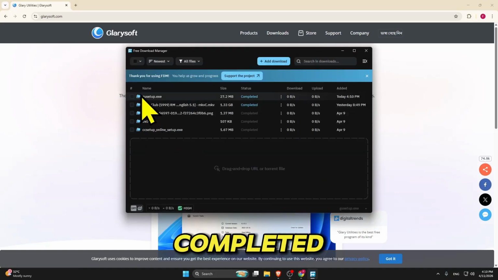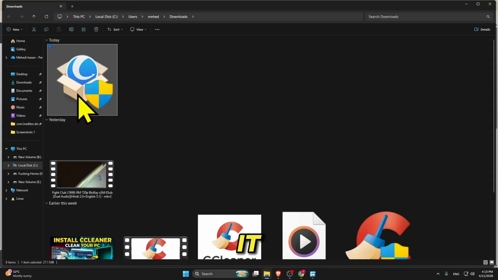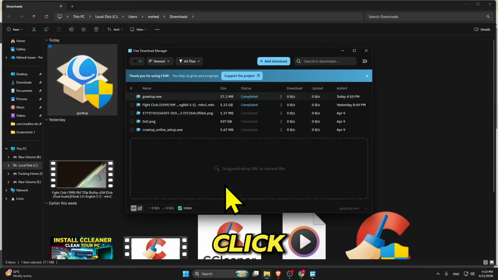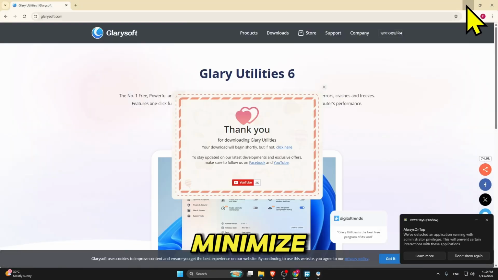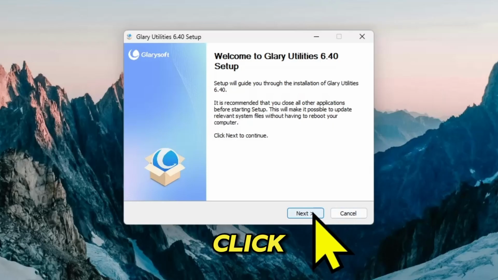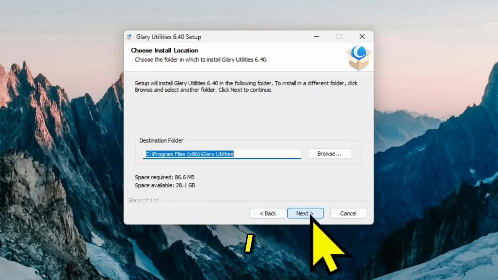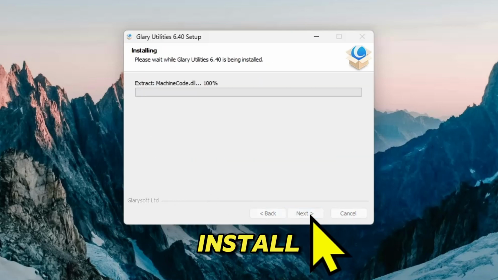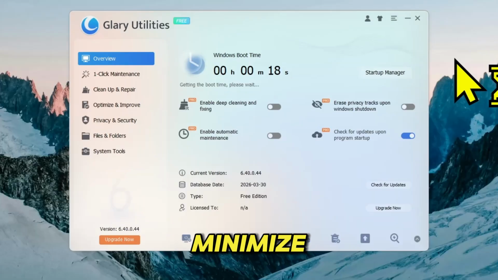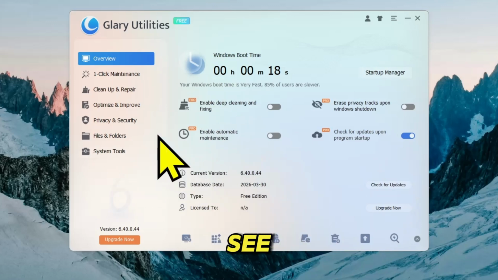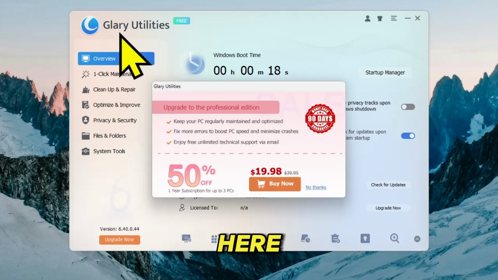After the download completed, click on the folder icon, click on it 2 times to install, click yes for the permission and minimize everything, and simply click next to the setup wizard. I agree, next, and install. That's it. After complete that, click on finish, minimize the browser, and you can simply see here is your Glary